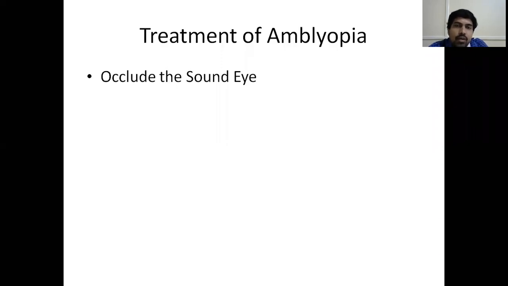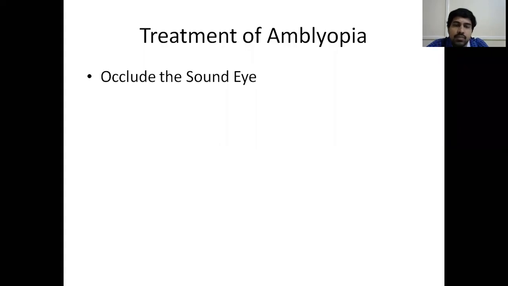So what you do is you start occlusion of the sound eye. Suppose my right eye has a cataract from birth. By the age of 6 months, I got operated for cataract in the right eye. Suppose after cataract surgery, my vision is not improving to the desired extent. Then what I do is I occlude the sound eye. Suppose this eye has 6/6 visual acuity and this eye has a little less vision. After cataract surgery, I occlude this normal eye for some time. So I'll try to use completely the eye which has been operated for cataract, so that the eye will see more and it will try to improve. It will try to develop, to mature its visual function. So the treatment of amblyopia is occlusion.